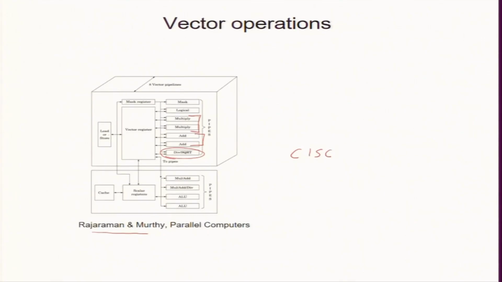Remember, we had this CISC, complex instruction set, and CISC can do this stuff in, well, maybe not 1 clock cycle, but maybe 2 clock cycles. So, this is called vector operations, which can operate on a vector. Now, there is another way to speed up your code, but this is not for arrays.